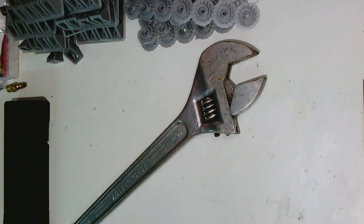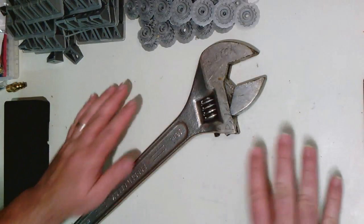And I'll point them out as I go. Although if you get all the necessary ones and the optional ones, I think you'll have a better time, and your hands will be easier as well. So